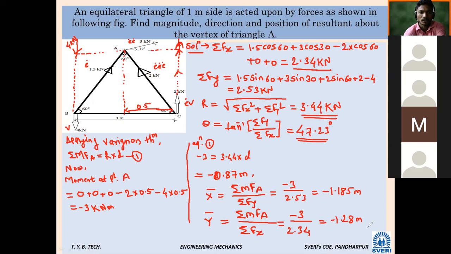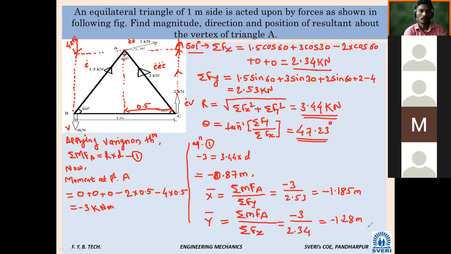So this problem is like this. All problems are like this. Still some students are confused while calculating moment, plus or minus. Maybe in some cases, some students are confused while calculating Fx and Fy. We have solved many problems, so at this stage you should not be confused. You should be able to find moment at a particular point by applying the mind, by extending the line of action, by calculating the angle, by calculating the distance. Have you noted this down?